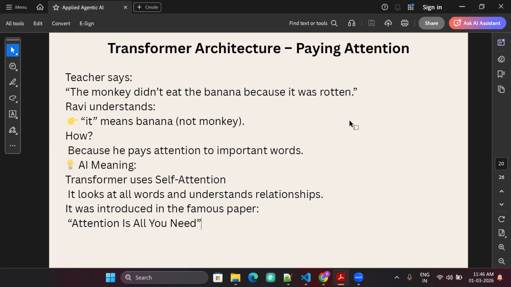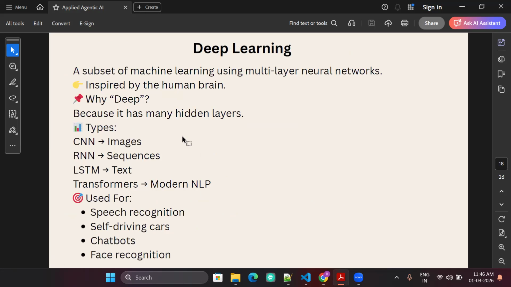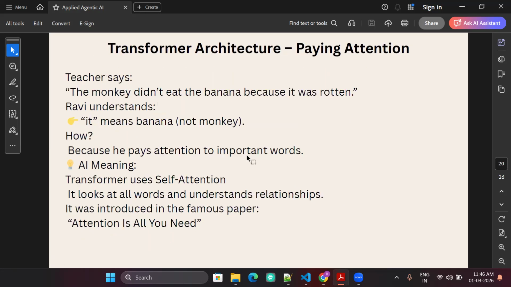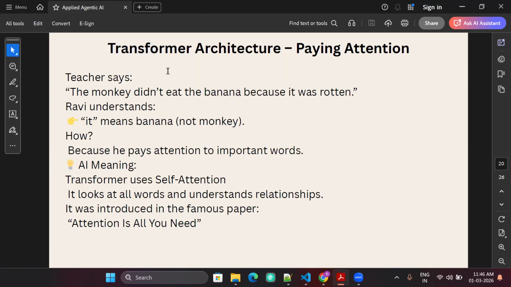So somebody came up with this idea that there's no need to do all this deep learning, all this CNN, RNN, not required. Let's somehow write an algorithm or create an architecture where we give lots of data, and that algorithm or architecture is just able to understand the relationships between the words, the closest relationships, and that's it, that is what you need. And this gave birth to what we have today, the whole large language models, large vision models, this transformer architecture.